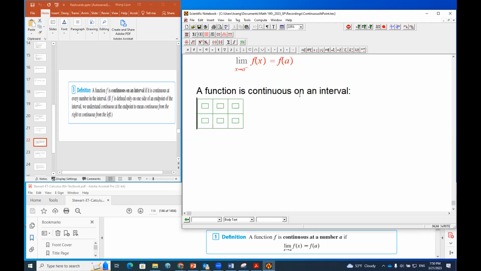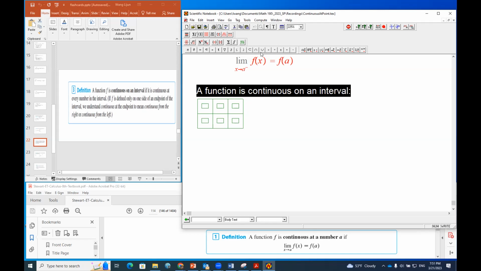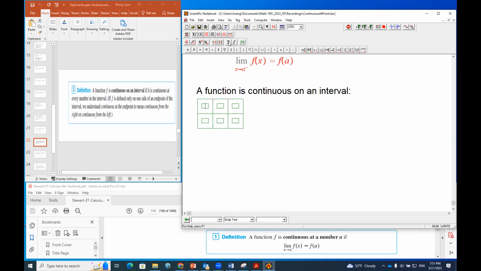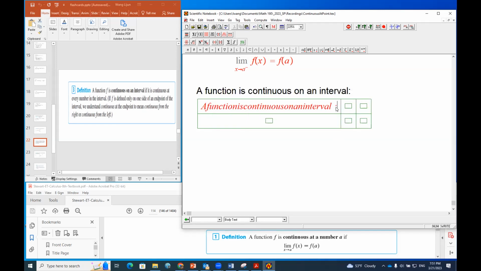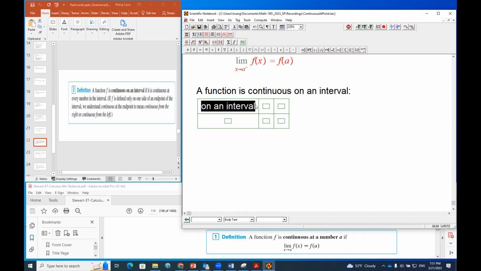A function is continuous on an interval, so I'm going to make it this way. There are different kinds of intervals. The interval could be